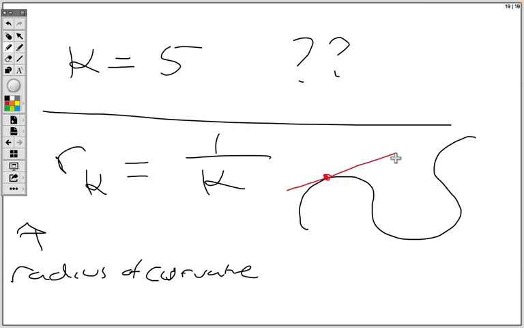In Calc 1, the phrase local linearity comes up at least 3,000 times in Calc 1 and Calc 2 when I teach those classes, because that's the whole idea of derivative and tangent line. You pick a curve, it may look curvy, but if the function is differentiable and you zoom in, the curve resembles a line, and that line is a tangent line. That's the local linearity. Well, the circle of curvature is sort of the best fit circle